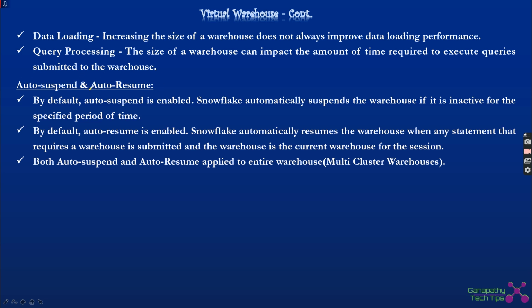Auto resume is similar. When a warehouse goes into suspend mode because of non-activity, once you start firing a query against the warehouse, that warehouse will automatically resume and start up and running. Both of these things you can specify while creating the warehouse.